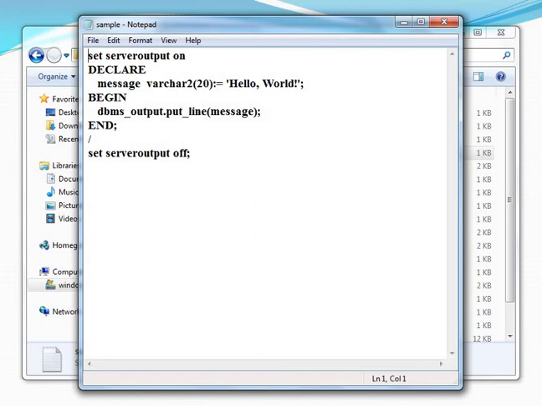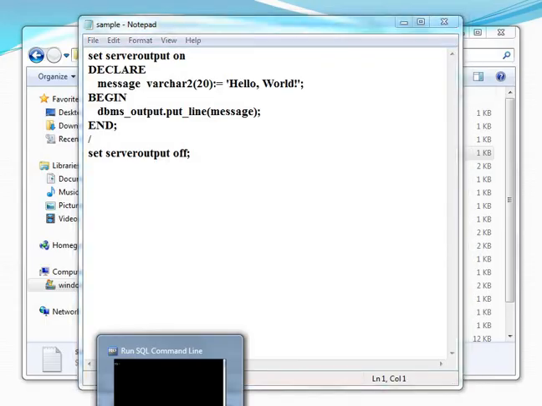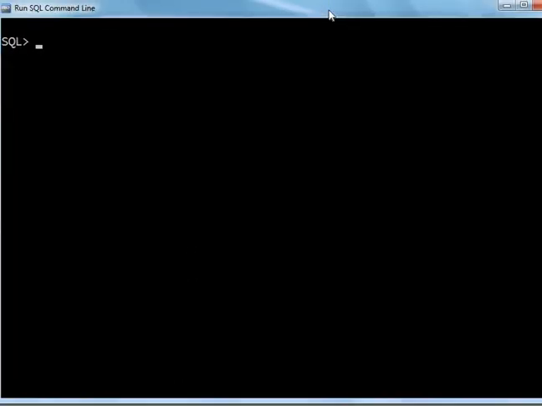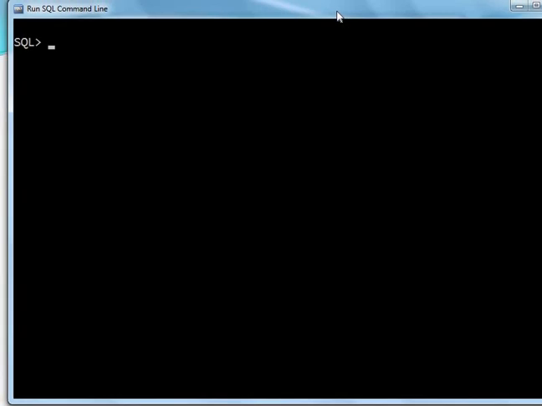Now let us see how to run it. So how to run a PL/SQL program? You should give at C:/ because it is in the C drive.